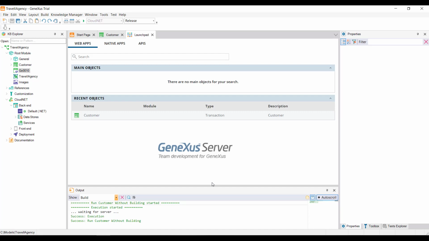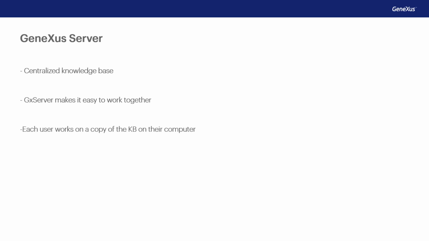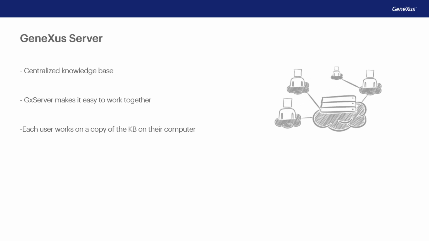Even though it's not mandatory, we should use GX Server to keep a history log of the activities performed as part of the project, if there's more than one person working on the same knowledge base. Genexus Server allows centralizing our knowledge base, KB, and thus facilitates management if we work together on it, even if the users are in different geographical locations. Each developer works on his own local copy of the KB, which in turn is connected to the centralized KB managed by GX Server.